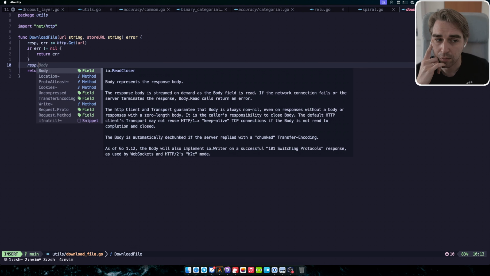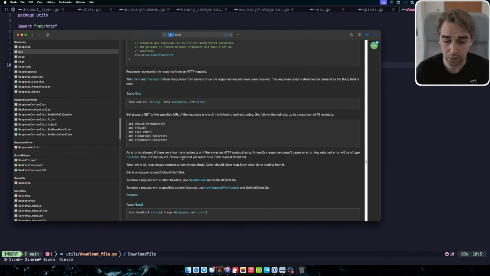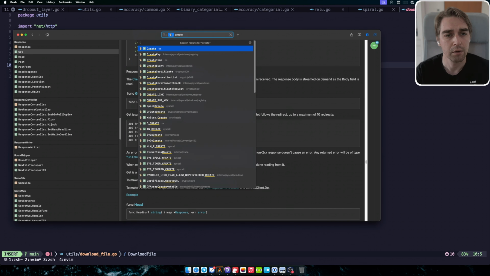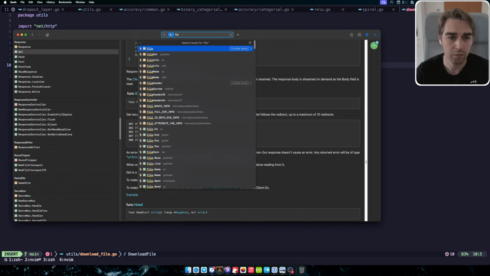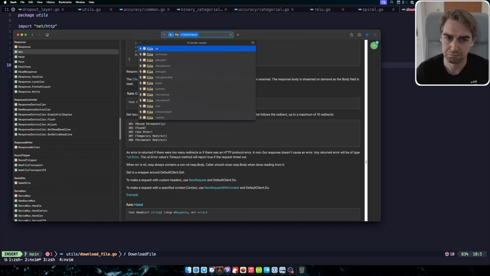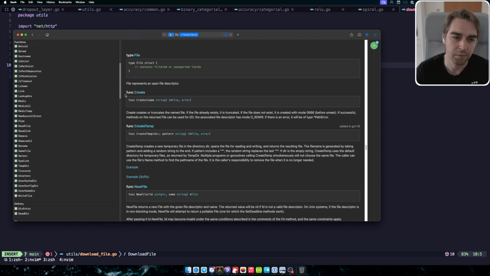Okay, the next thing I actually want to check before we download. I think we need a way to create a file. Create file, right, from the OS. Okay, file represents an open file descriptor. Create truncates the named file. If the file does not exist, it creates it with mode 0666, before umask. If successful, the returned file can be used for I/O. The associated file descriptor has mode